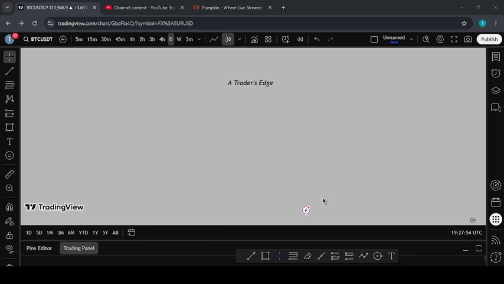Your edge is simply a repeatable condition in the market that gives you a higher probability of winning over time. If you notice, the market has different ways of playing out, but there are certain moves that are just unique, that the market makes. There are certain SMC moves that are very clean and very unique, that if they come out,